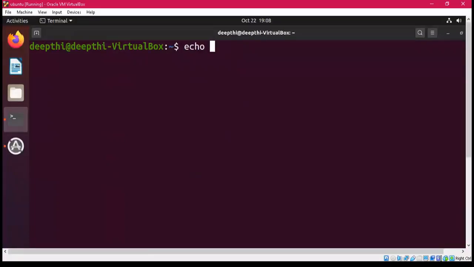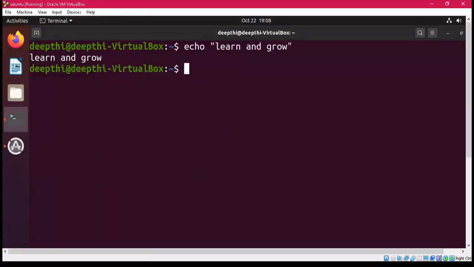So in echo, if I write learn and grow, you can see learn and grow has been displayed. After that, if I use the escape sequence \n, which is used for next line, let's see whether it is going to create the effect of a next line or not.